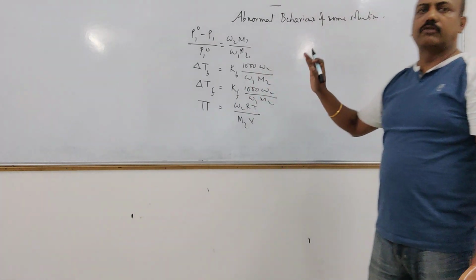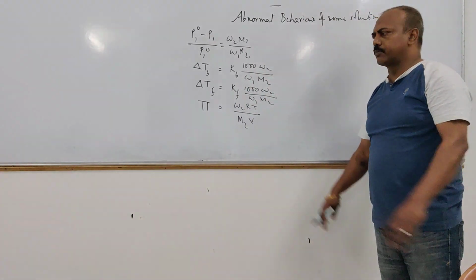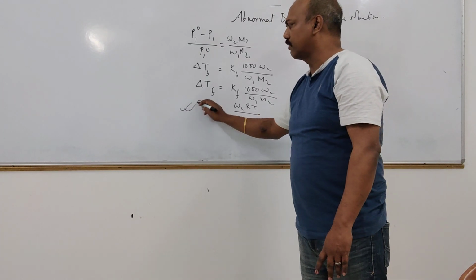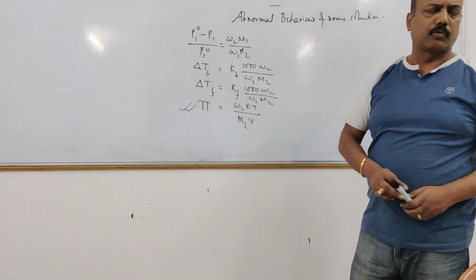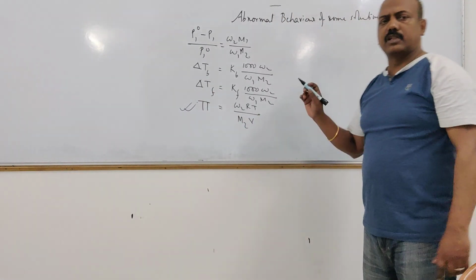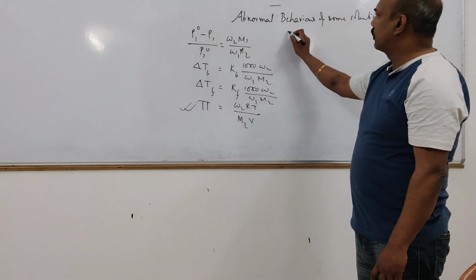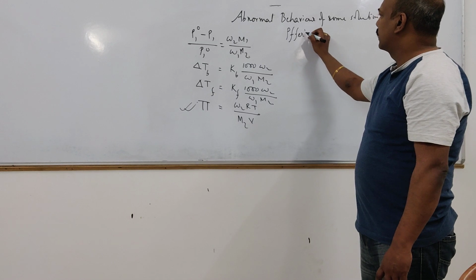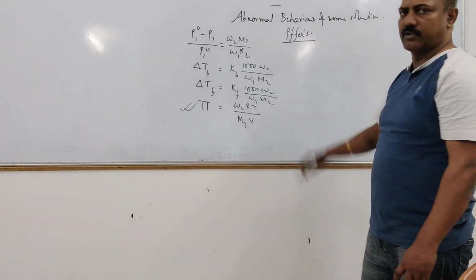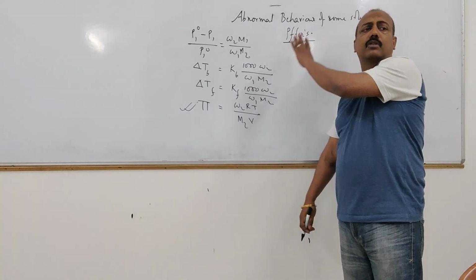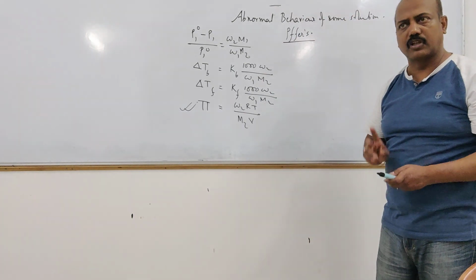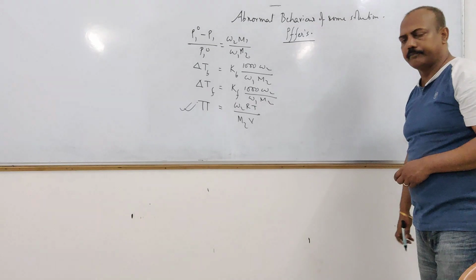Now, if we try to measure any one of these colligative properties, just suppose I am taking osmotic pressure, that is the latest one you have done. Osmotic pressure can be experimentally measured, I told you, by one instrument called Pfeffer's instrument, and that method is known as Pfeffer's method. Suppose you know to use the Pfeffer's instrument and you can find out the osmotic pressure of a solution. Please understand what I am saying.